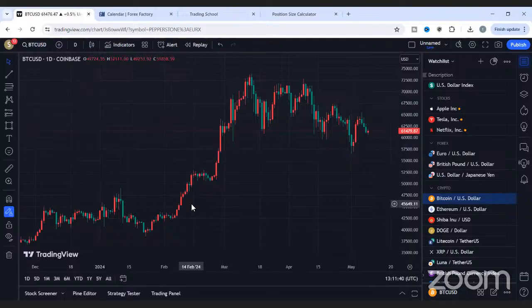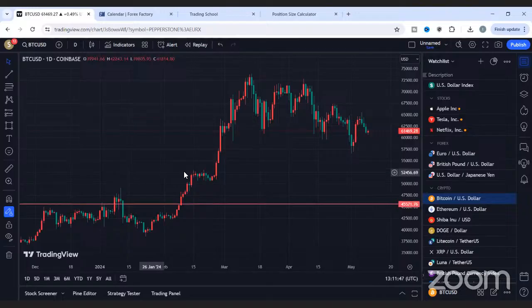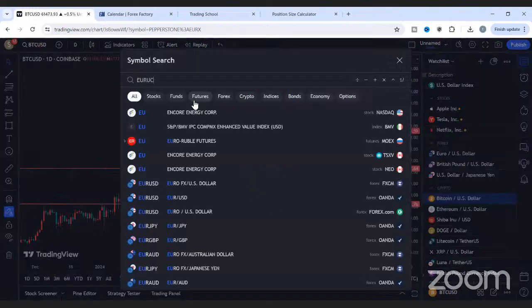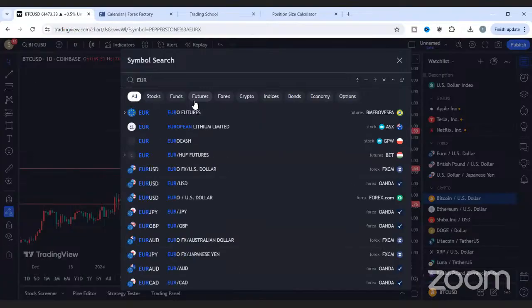If you look very well, the levels are there, for us to be able to identify them with our eyes. All these levels are there. It's for us to identify them with our eyes based on support, resistance, based on price action, basically. So Euro CAD, let's have a look at the Euro CAD.